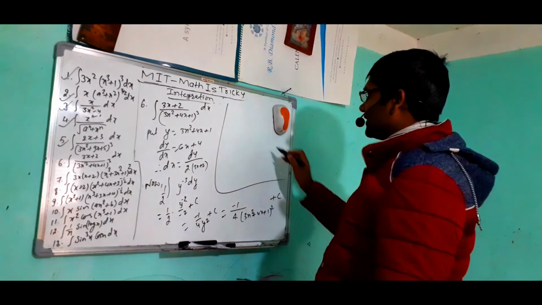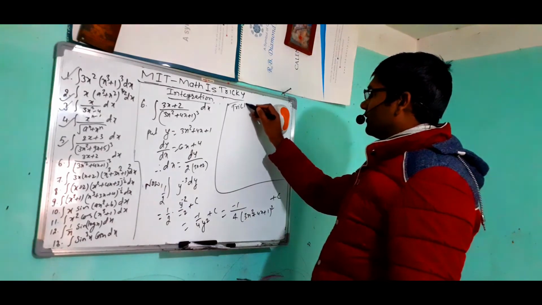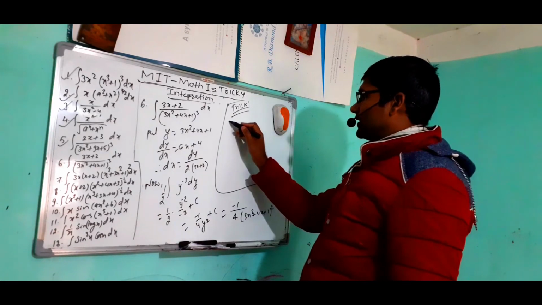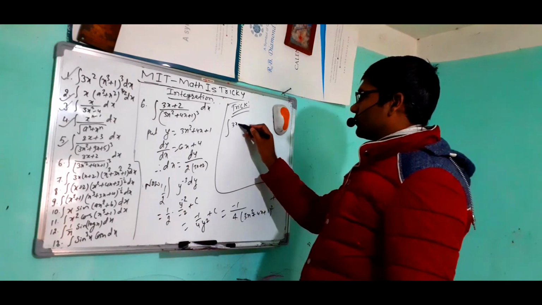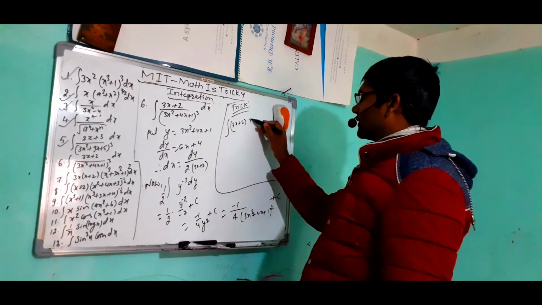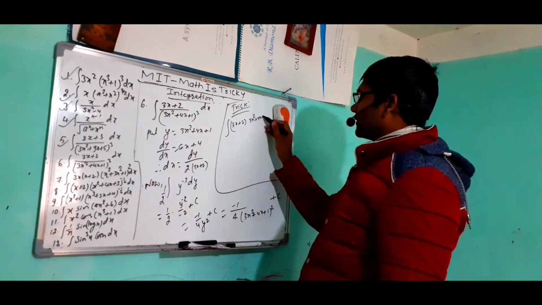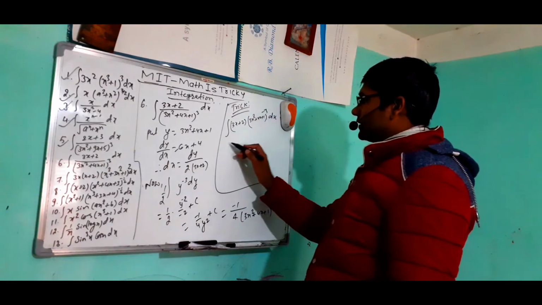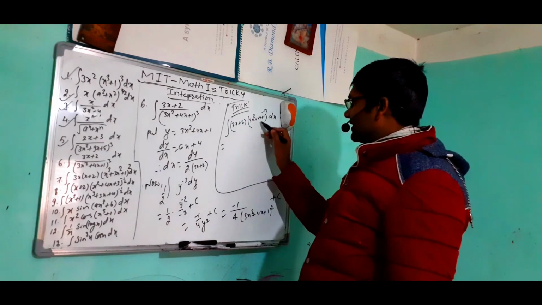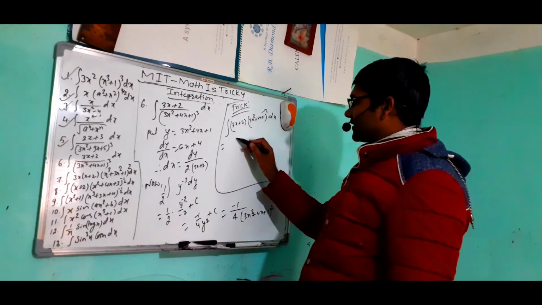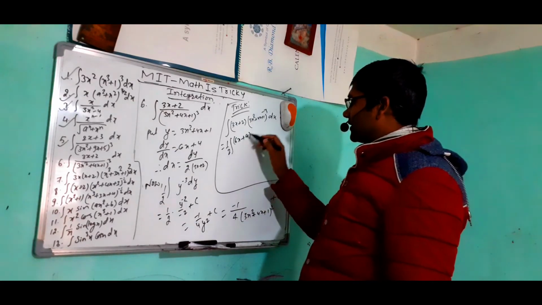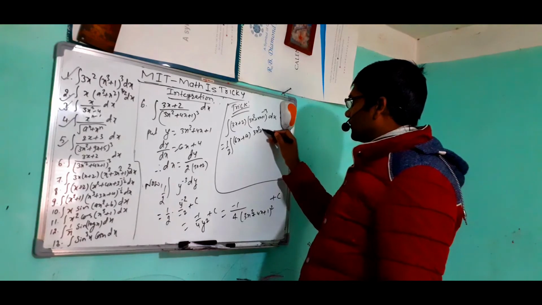Okay, let's see how we will solve this by the trick method. Simply as before, it can be written as 3x plus 2 times (3x square plus 4x plus 1) to the power minus 3 dx. The equation can be written in this form. Now let's see the derivative of this base. It is 6x plus 4. To balance this, we'll write 1 by 2 outside, (3x square plus 4x plus 1) whole power minus 3